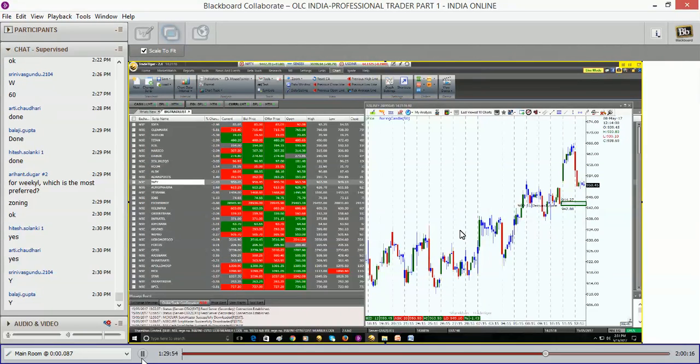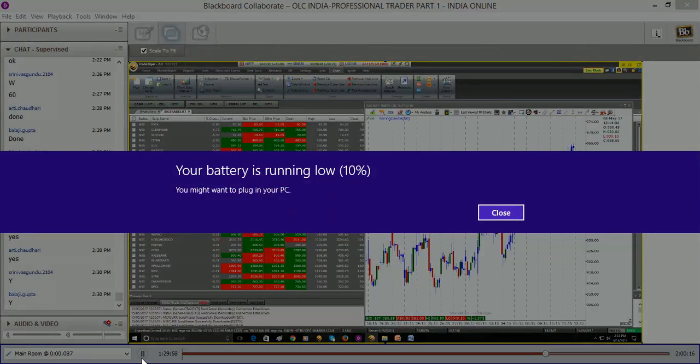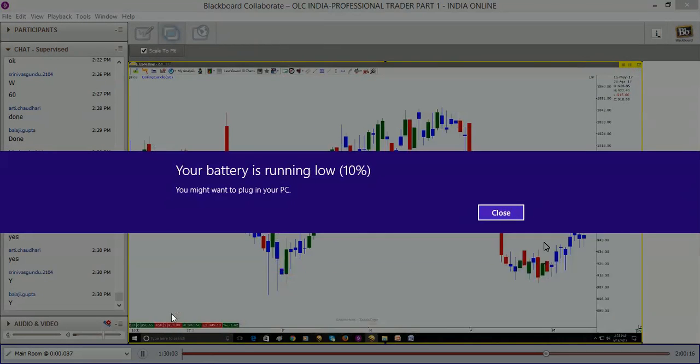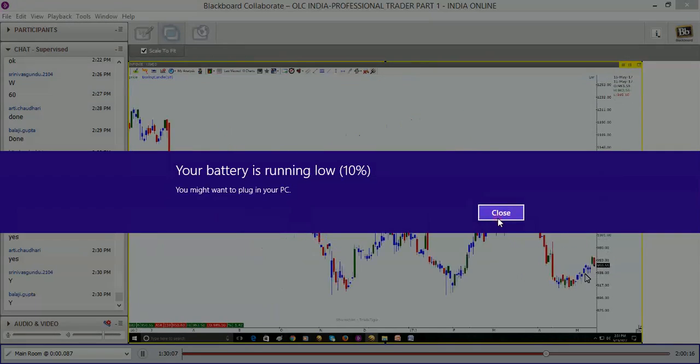Just a second. Yeah. In the stock of Infosys, okay,